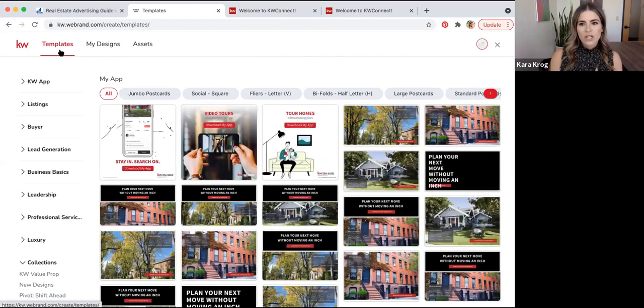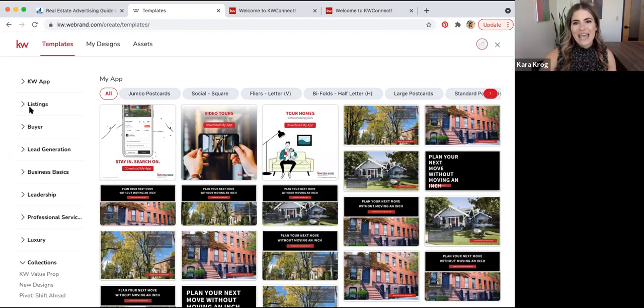So the first thing that I want to do today that I feel like I get asked a lot by our agents is making an email signature. People ask me all the time, how do you make an email signature? And now we're going to show you how to do it in Designs. There's multiple ways to do it. I personally have a clickable email signature, which I really like. It's maybe not as pretty as designing something in Designs, but I like that it's practical since it's clickable.